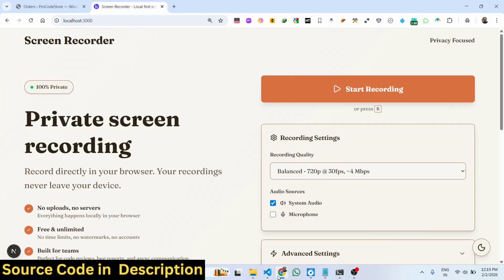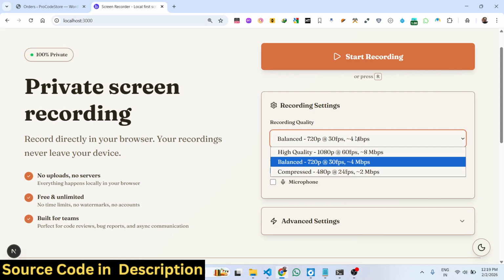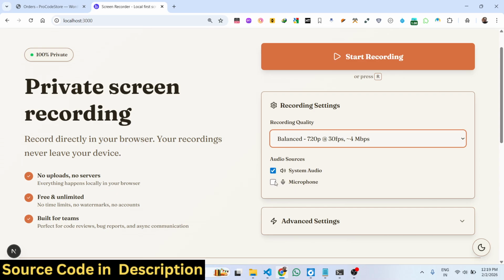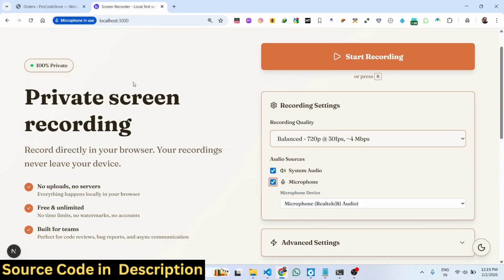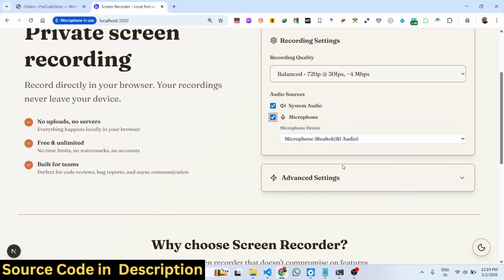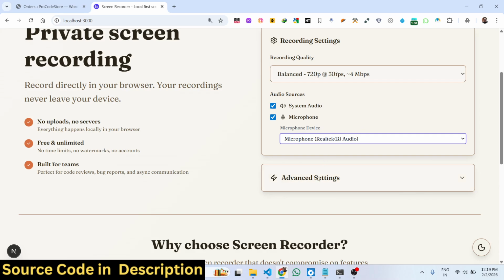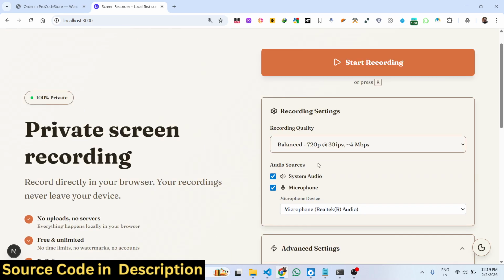And let me show you the demo first of all. So once you launch this, you have this option or button, and you can adjust the settings of the recording: high quality, balance, compressed. And here you can adjust the permissions. So you simply say microphone. So here you can select which microphone you want to use, and select your microphone, and inside click on